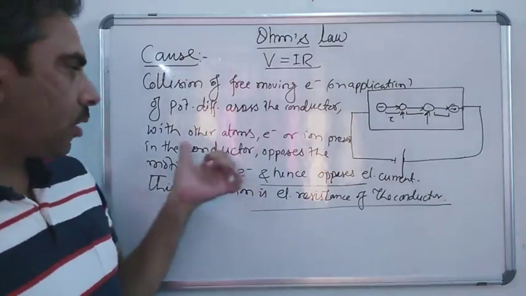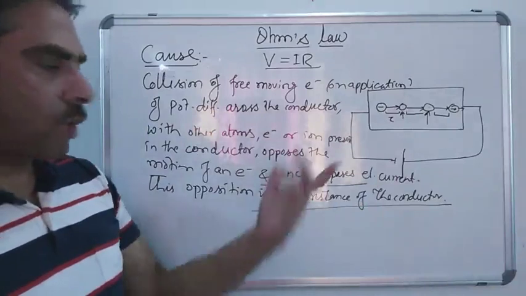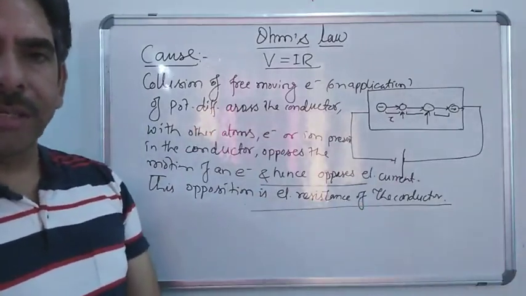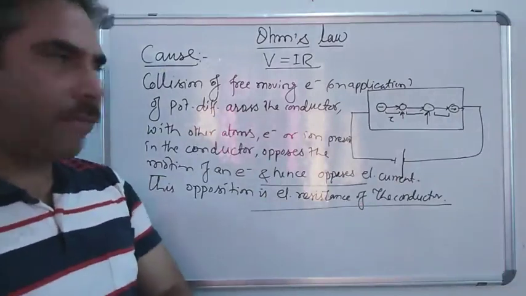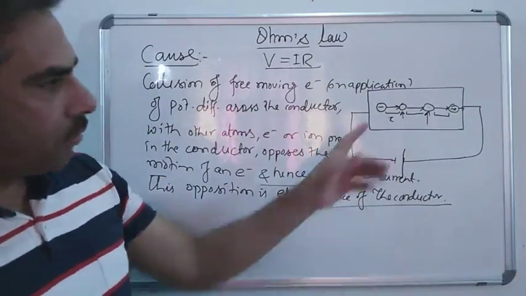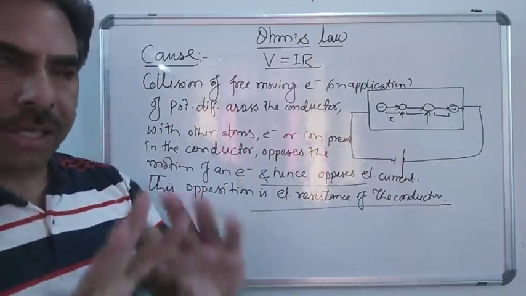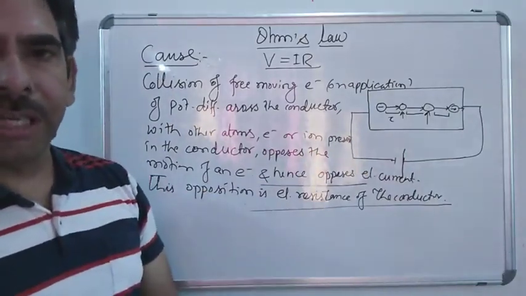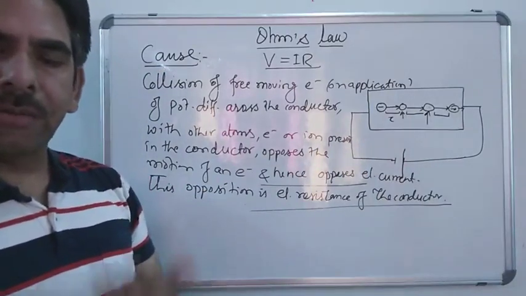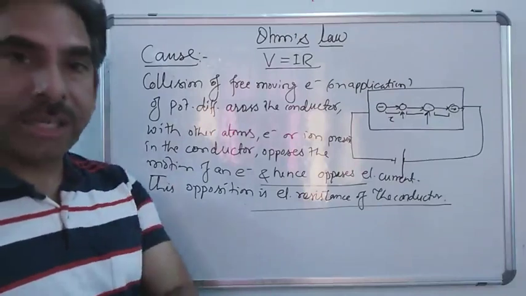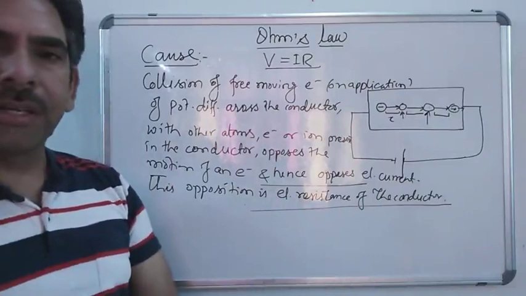due to the collision of the free electrons during their motion in one direction with the other atoms or ions of the conductor, right? So the conductors made from different materials have different resistances because they face different numbers of collisions depending upon the kind of internal structure the material has. Copper has a different one, silver has a different one, aluminum has a different one, iron has a different one, plastic has a different one. All such materials have different electrical resistances.